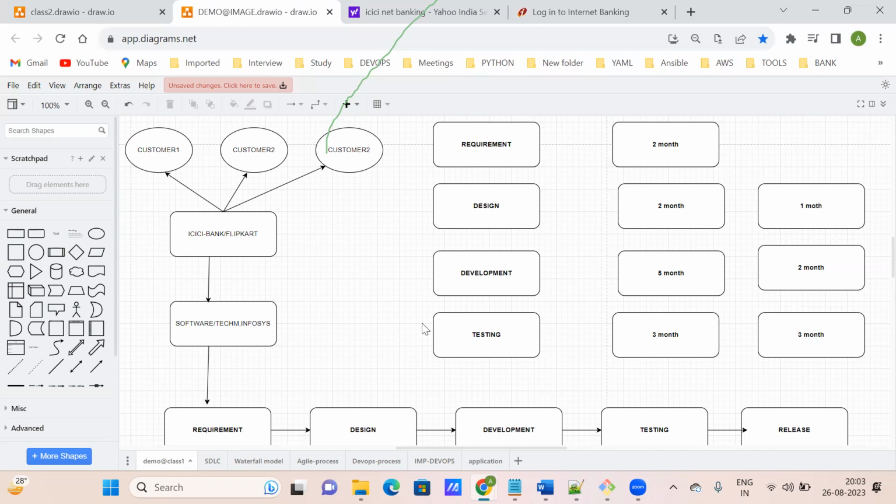All the automation for the whole HDFC we are doing using the DevOps process, where dev plus testing and operation teams work parallelly to make your project a success. This definition you have to tell in 3 to 4 lines. Disadvantages of the waterfall model, disadvantages of the agile process, advantages of the DevOps process. These 3 things you have to explain.